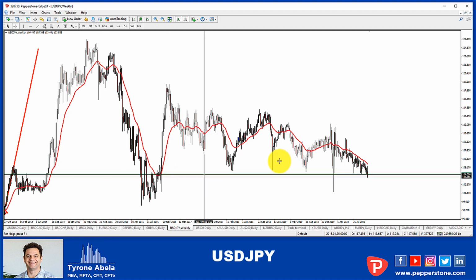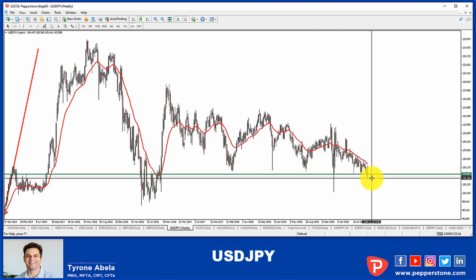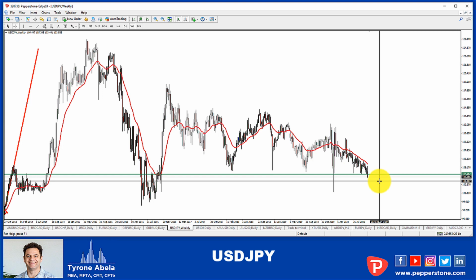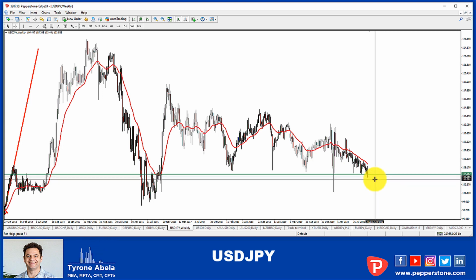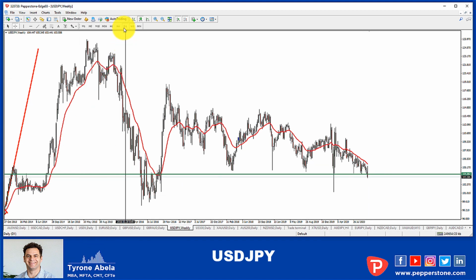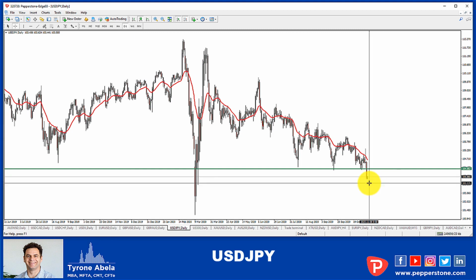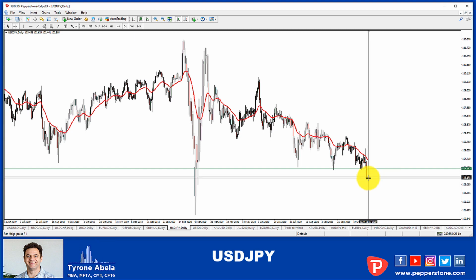So this is one that is fast tracking past the other US dollar based pairs. It has actually broken the support that we've been talking about. In this case, though, I'm still reluctant to jump in and trade this, mainly because we've still got a lot of uncertainty from a fundamental standpoint.